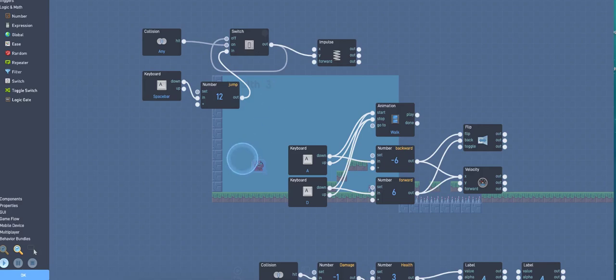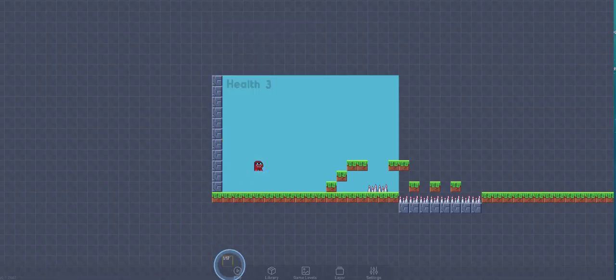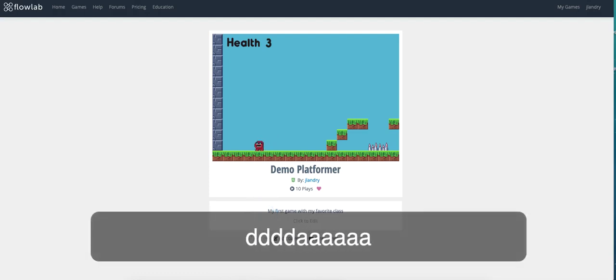And that's the trick in making it so that you can't jump in the air. All right, so I'm going to go ahead and try this now. I know that looks like a mess, but let's go ahead and press OK, press OK. All right, so now I can move. And when I jump,